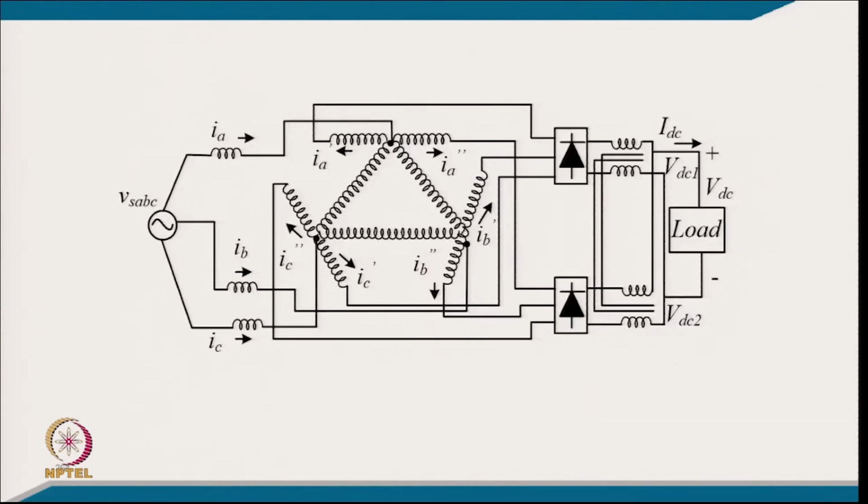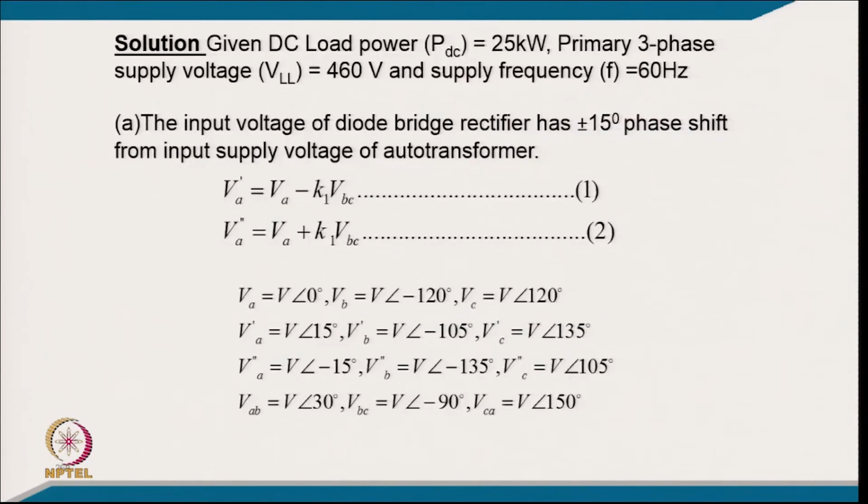And this is another connection for getting a 12 pulse of plus minus 15 degree, which we call extended delta. This is an auto connection, and because of that we have 6 pulse, but we have an interphase transformer, so that the circulating current is avoided. The power rating is 25 kilowatt with a 3 phase line voltage of 460 volt at 60 hertz, and we